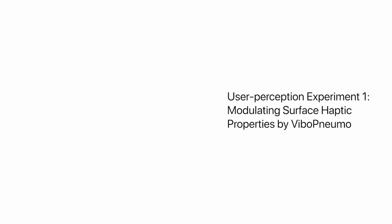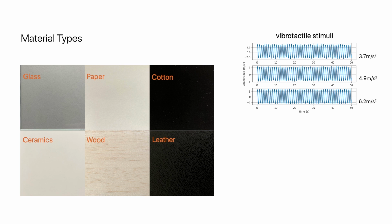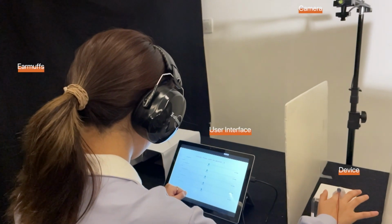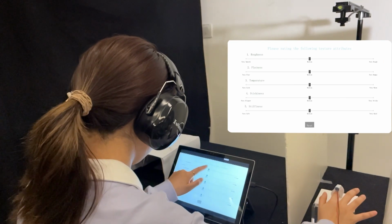We conducted the first user experiment to investigate the texture modulation by ViboPneumo. We included 6 types of materials and 7 types of stimuli, 3 for vibrotactile and 3 for pneumatic stimuli and 1 for no stimuli in our experiment. During texture perception, the participant could move the slider to rate the perceived intensity for 5 dimensions for each material